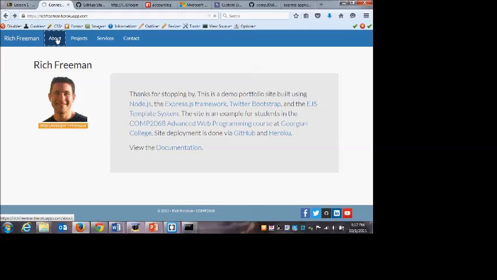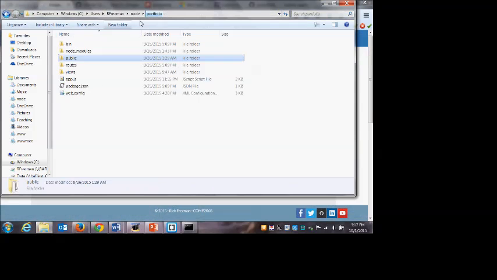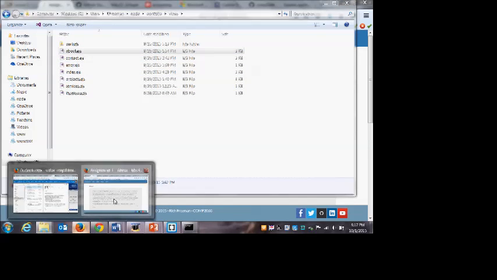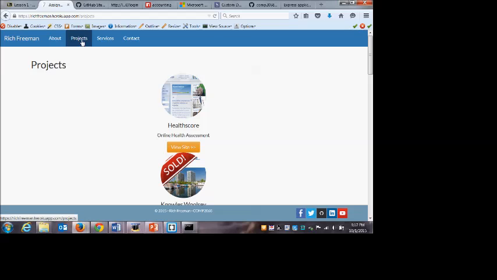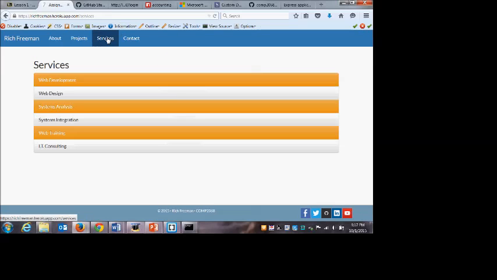So I used Express. When I click on About, you'll notice the URLs. It's a little bit slow. So I wrote a get handler for About. When the user makes a request at my URL/about, it's going to load the About EJS template. That would be this one right here. So I built a projects template, which is coming out a little wonky at this resolution, services, and I made